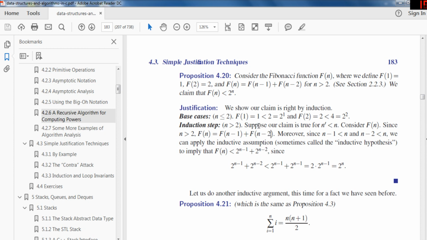If I want to prove the next assumption, the next values, right? I have to show that this works for the next value. And that's what they do. They show that for the next value of this, that this value is going to be less than 2 to the n, right? 2 to the n minus 1, right, is less than,